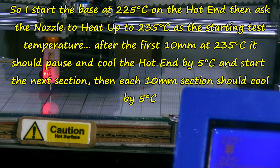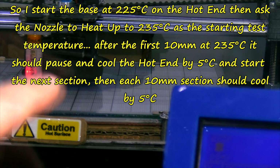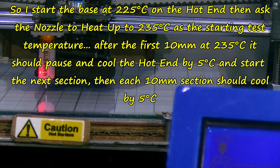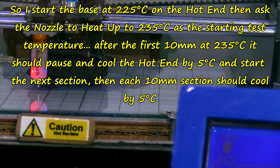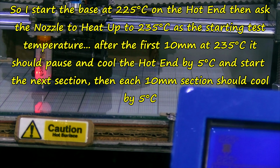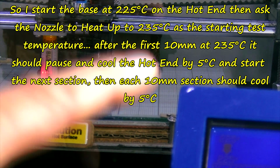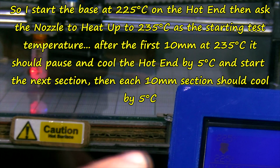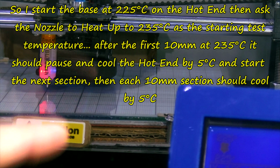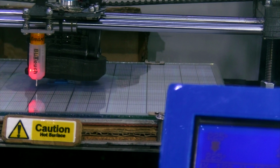Then it should go to 235 after that for the first section. Then each 10mm section, it should knock the temperature down by 5 degrees. Now I do ask for a weight at that. The nozzle will stay where it is, so I'm a little bit concerned about that. That's going to